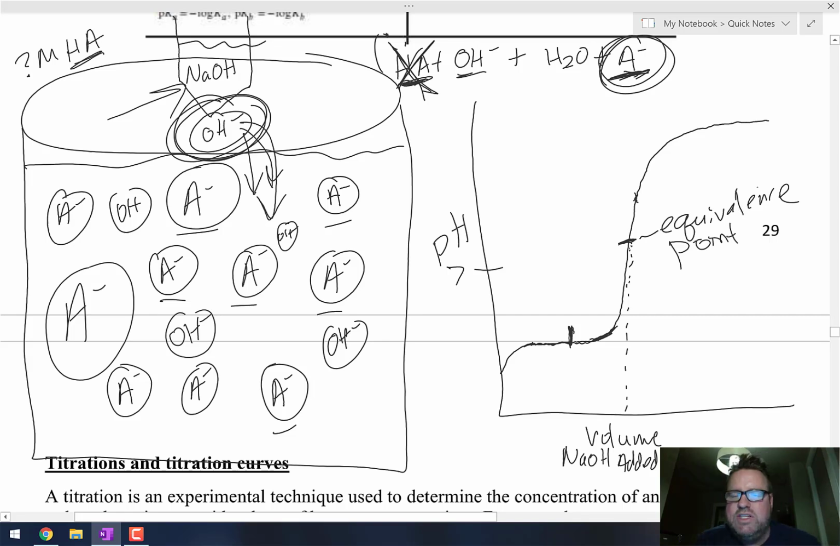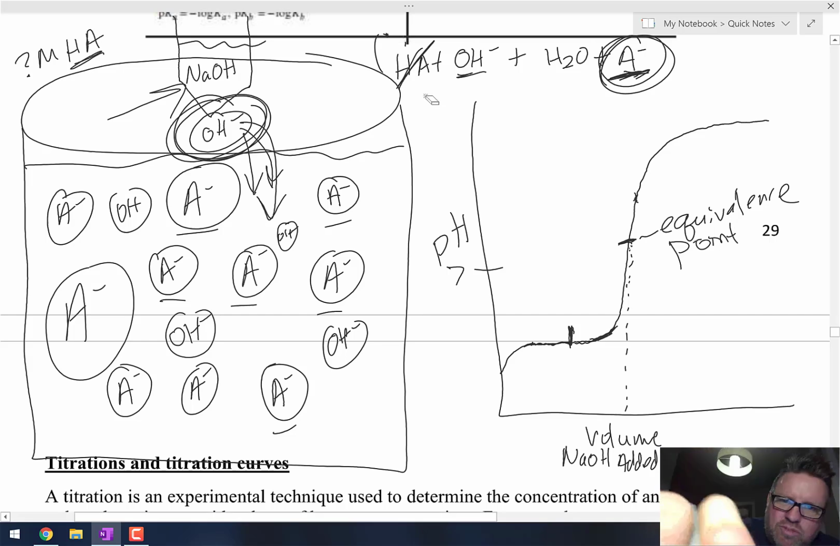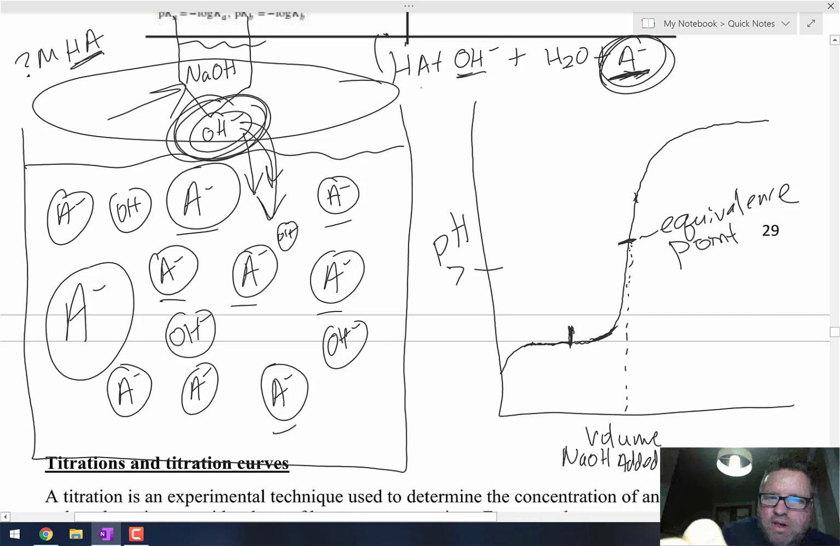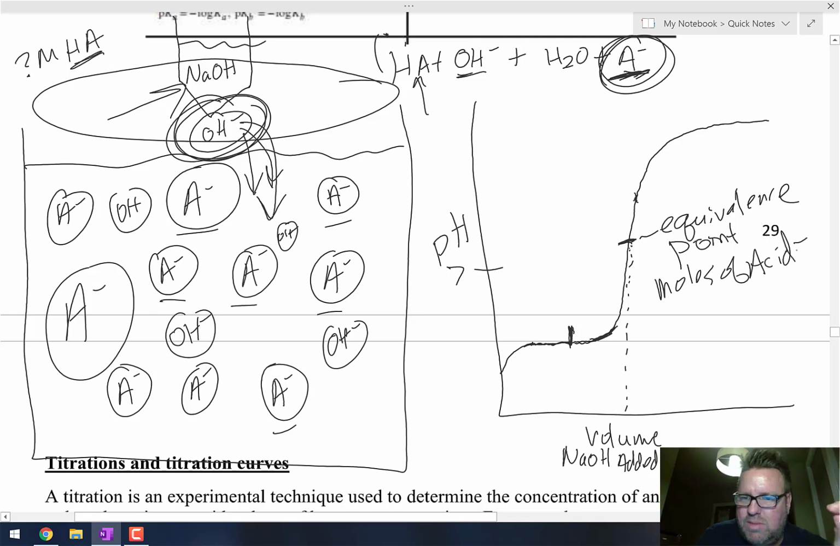And the equivalence point is the point at which, again, as soon as those acid molecules are gone, remember these HAs that we started with, when all of those HA molecules are gone, that's when you've reached the equivalence point. It's when the moles of the acid that you started with equal the moles of the base that